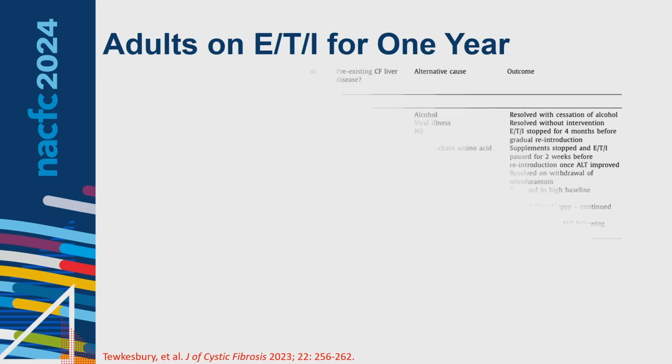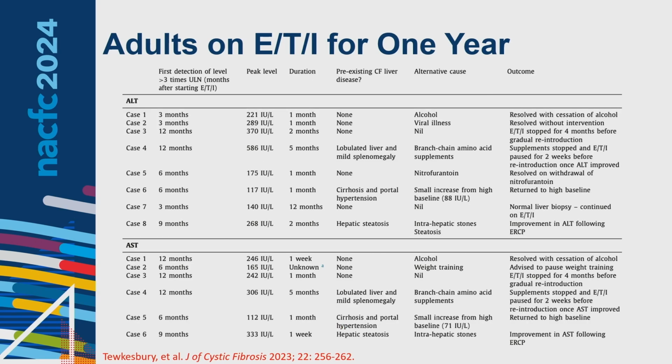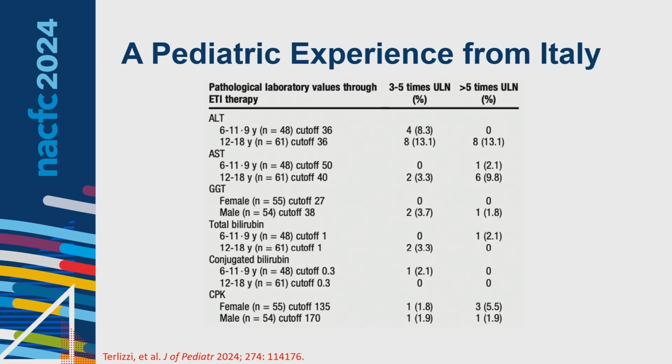What I love about this paper is if we go a little bit further, and let's really focus on the ALT, as that's our more specific liver marker, and we look at those 8 patients that had significant elevation, you can actually blame this on something other than the drug in all but 2 cases. One had excessive alcohol use, stopped alcohol, liver enzymes went down. Basic hepatology, right? One had a viral illness, a couple had other medications that are known to cause drug injury, and then my favorite is the one that had the hepatic stone. So yeah, get rid of the stone. The liver enzymes got better. I can't really blame ETI for that one. All right? So it kind of gets you to this idea that, you know, it's pretty rare that we get to those elevations that are really from the drug.